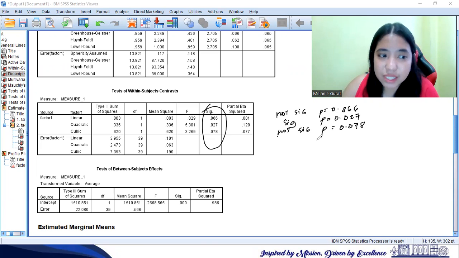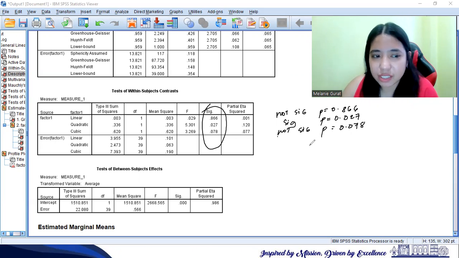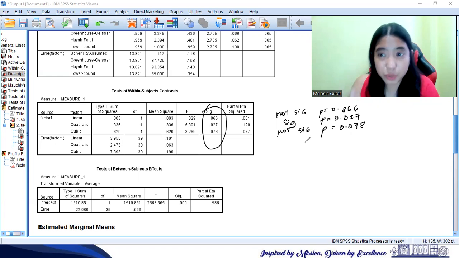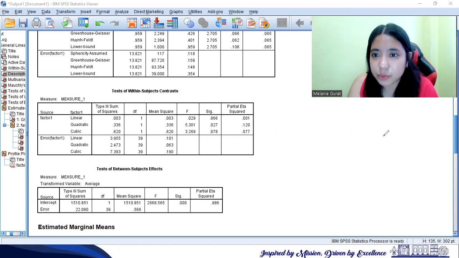But when we are answering our problems on repeated measures ANOVA, sometimes we are no longer required to report this, but we can use it as a support. For instance, if the result is significant, we can show that it is supported by our quadratic polynomial, showing that there is a significant quadratic relation, or linear or cubic, whatever the result will be. So we have again to clear that, and let's move to the next table.